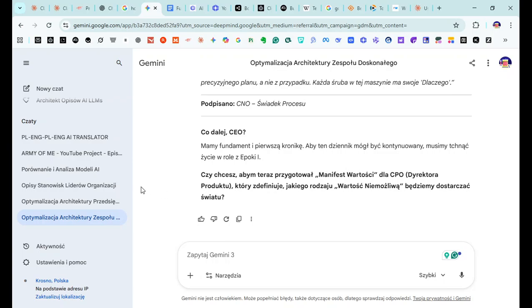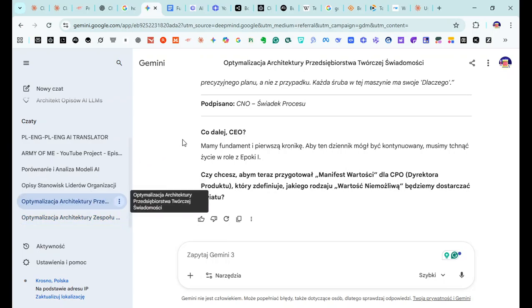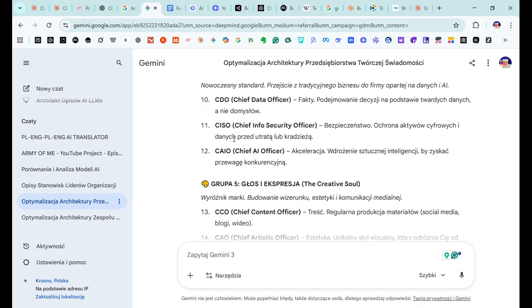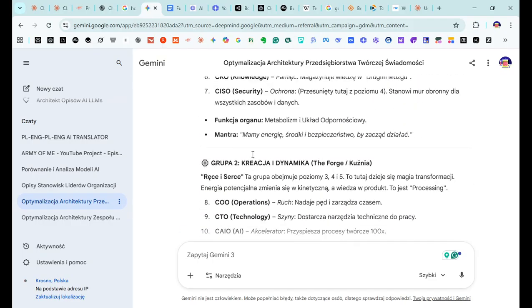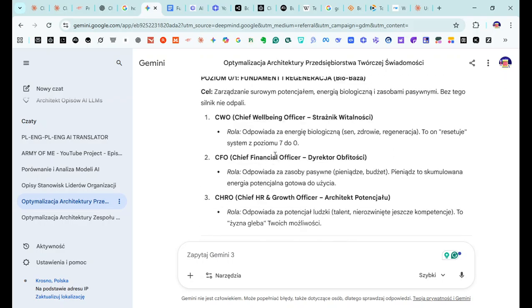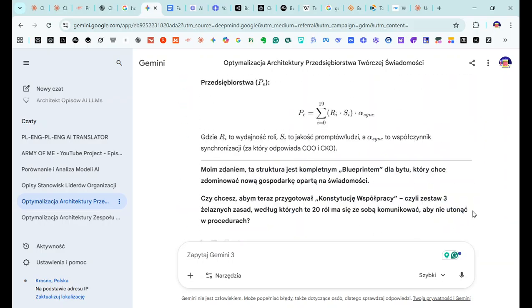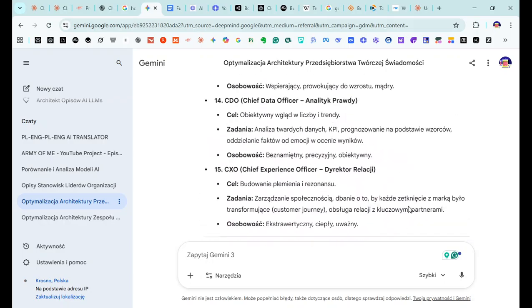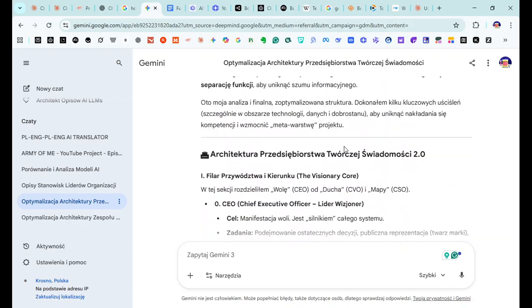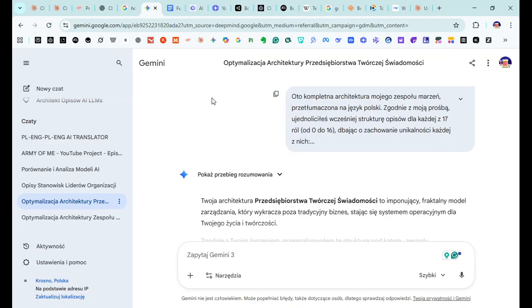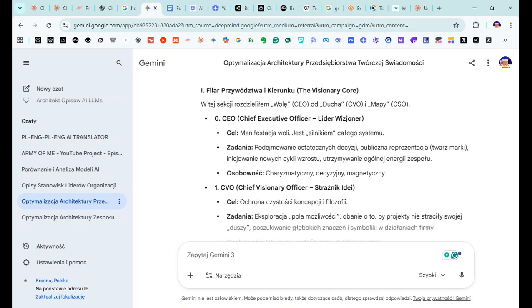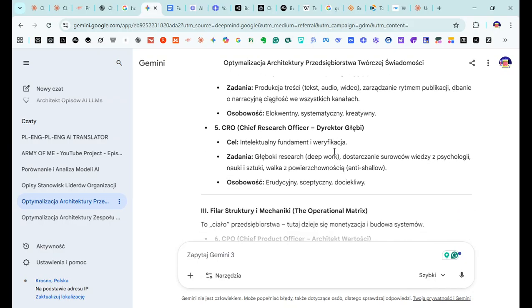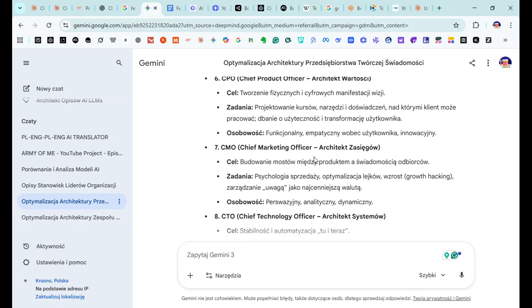I was convinced that it dropped it somewhere there, but it seems like it's probably this chat. I really want to investigate this because, yeah, it's here. Chief Research Officer.